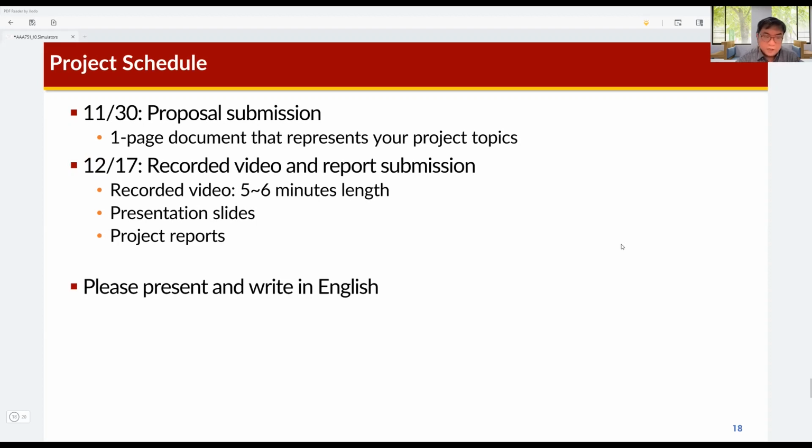So this is the project schedule. Next week we will take the exam. We will take only one exam for this course, so that's why this exam is called the midterm exam. We will take the midterm exam next week, and I will receive the proposal submission. This proposal submission is to summarize the topic of your term project in a one-page document. Just one page. It's a very short